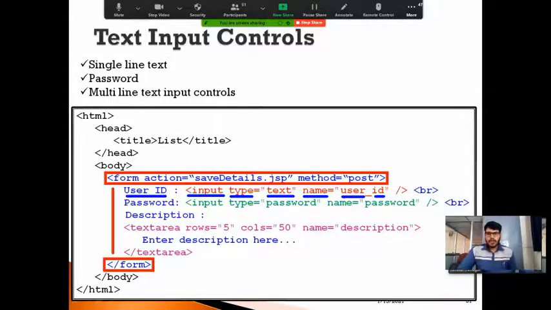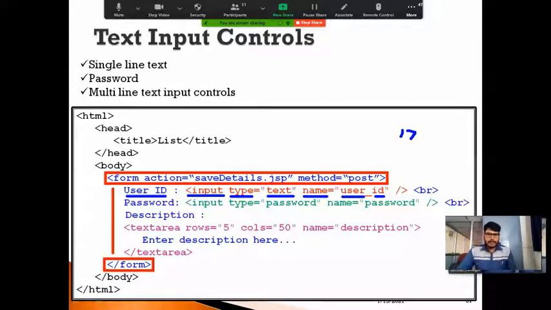And if you observe here, this input tag has been closed here itself. As you can see here, after the input tag, I have used the type attribute and specified its value, the name attribute and specified its value, and immediately I am closing this tag by using a slash and angle bracket.